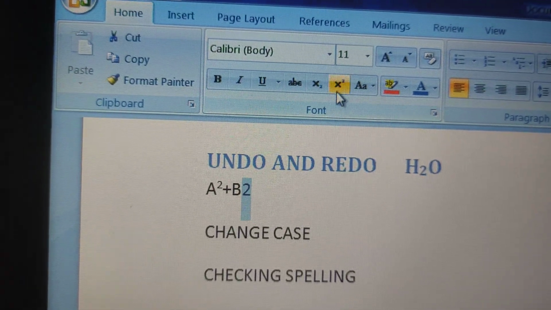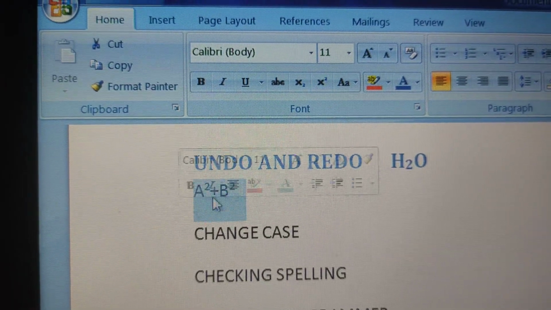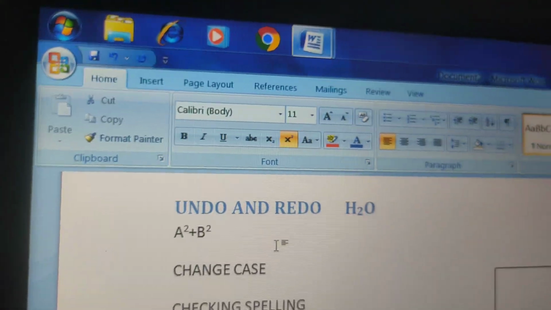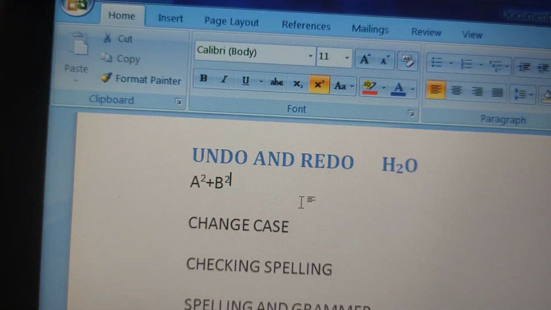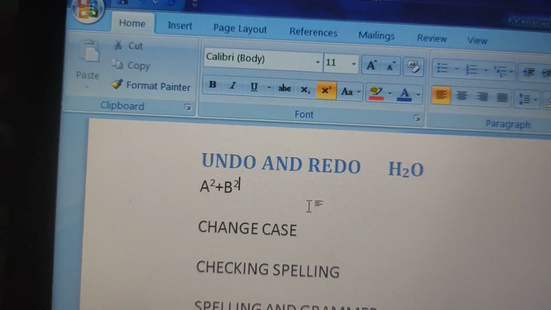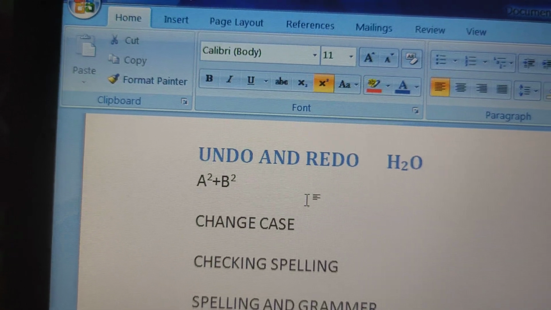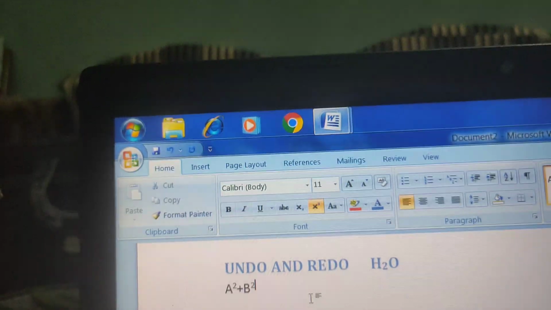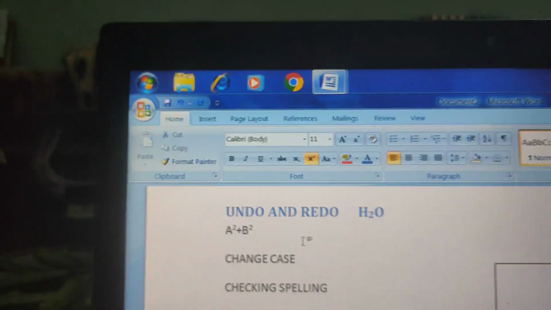Similarly, I'm going to do this, so now it is a square plus b square. I hope it is clear to you. So whatever is slightly above the normal text line is called superscript, and whatever is below the normal text line is called subscript. Now I think it is clear to you what superscript and subscript are.